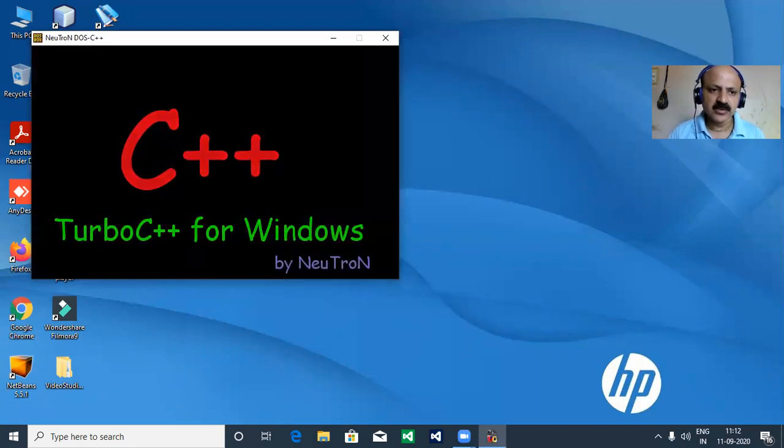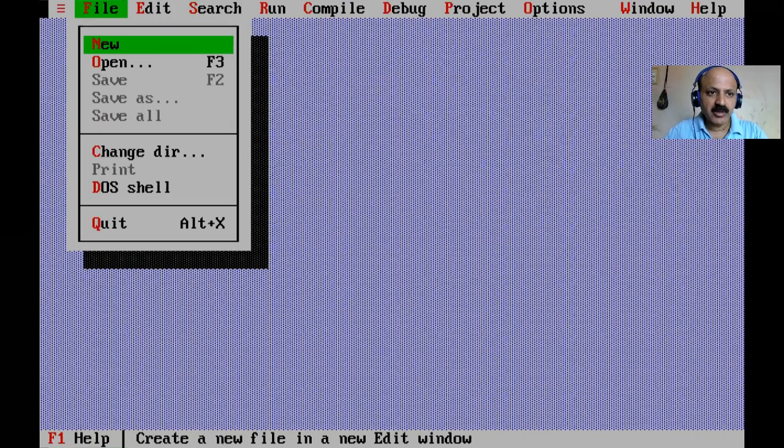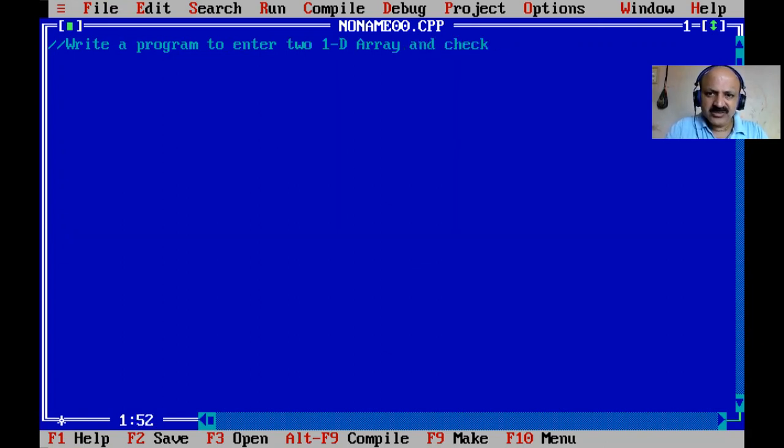So I select this. Yes, that takes some process and now it is open. Alt F, the file menu opens, and we take a new file. And here our goal is to write a program to enter two 1D arrays, one-dimensional arrays, and check or find out whether those arrays are a palindrome